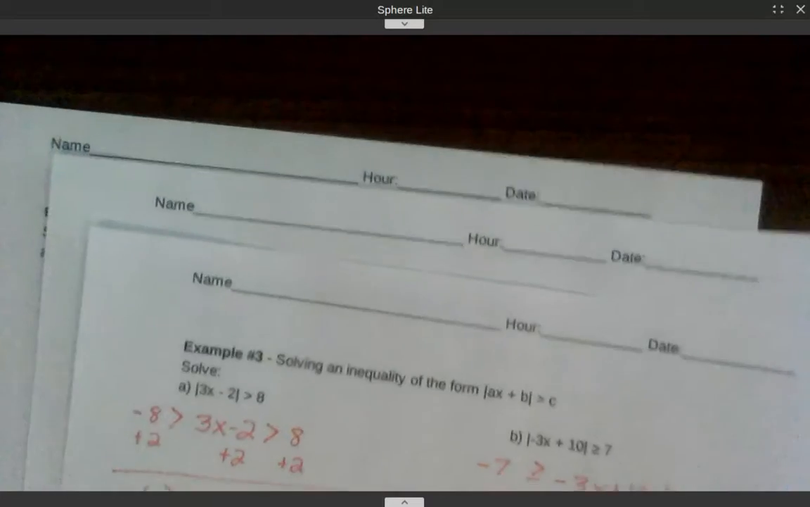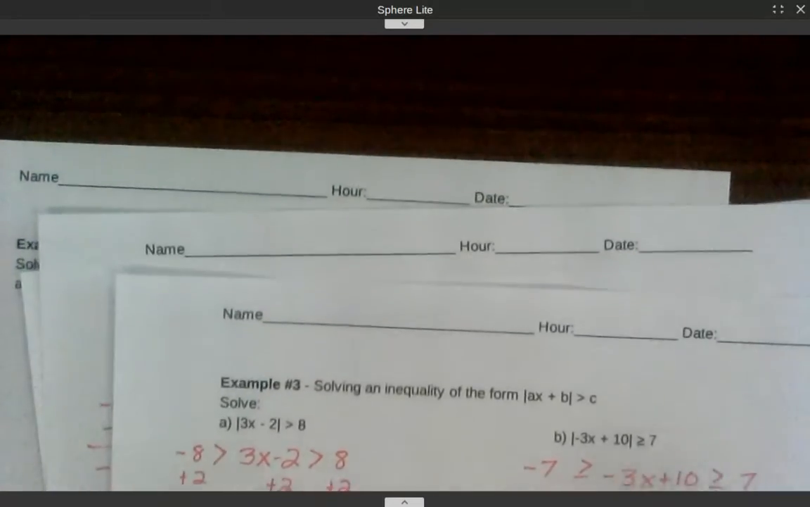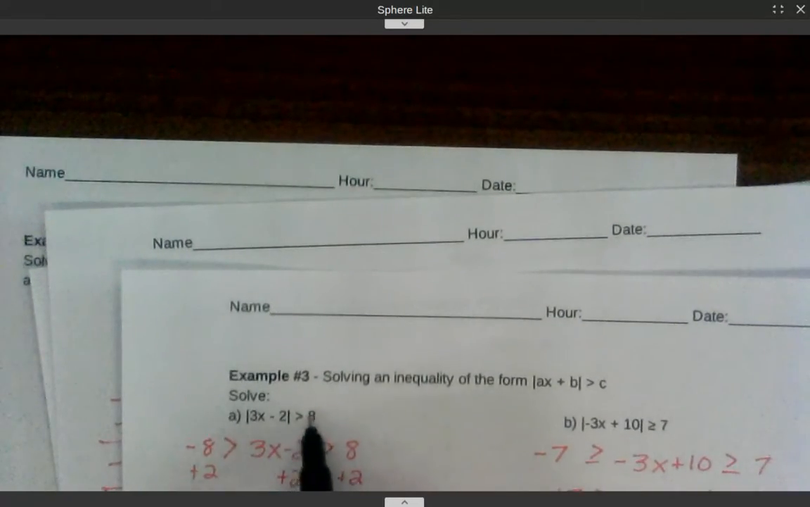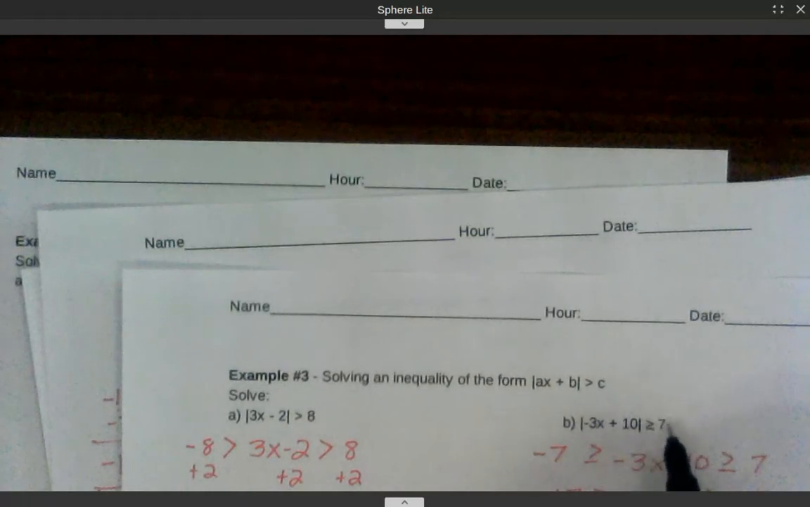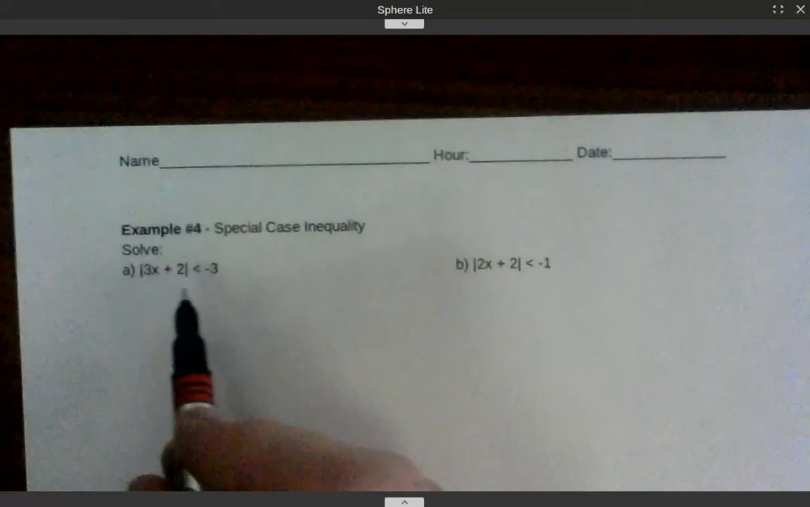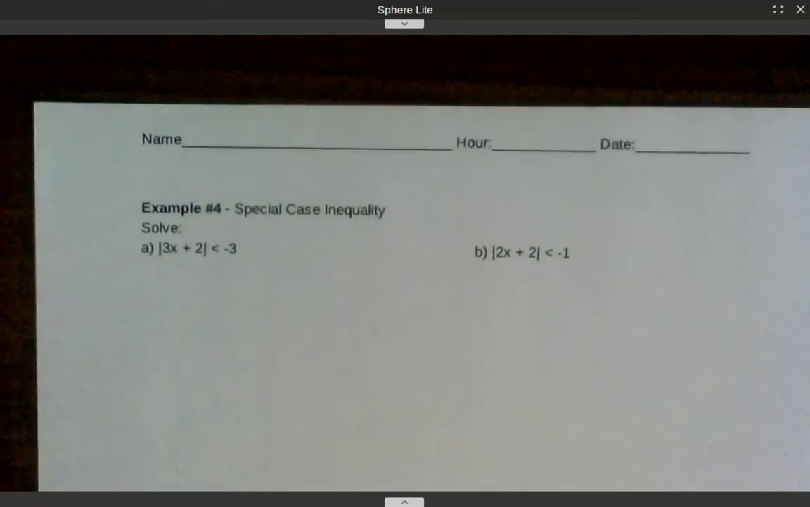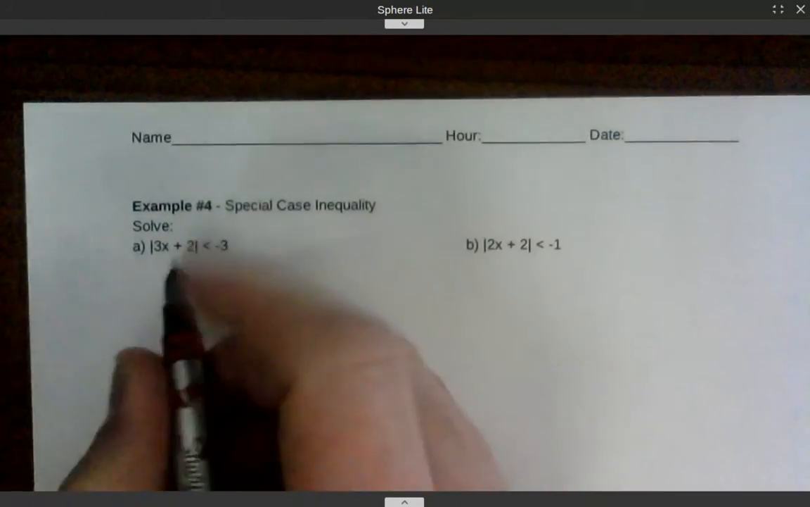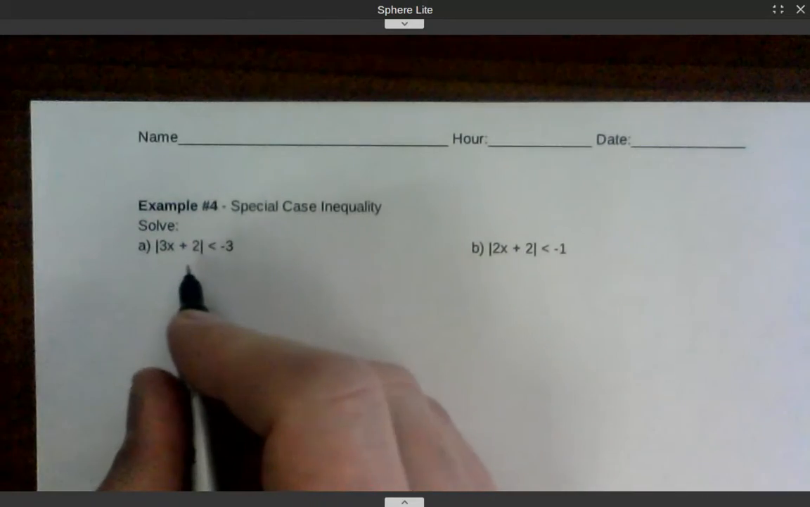Now we have a special case for an inequality. You might have noticed one thing about all the problems that we've done so far. The number that our inequality has been related to has always been a positive number. In this case, we have a negative number. Anytime you see a negative number like this, we're going to have a